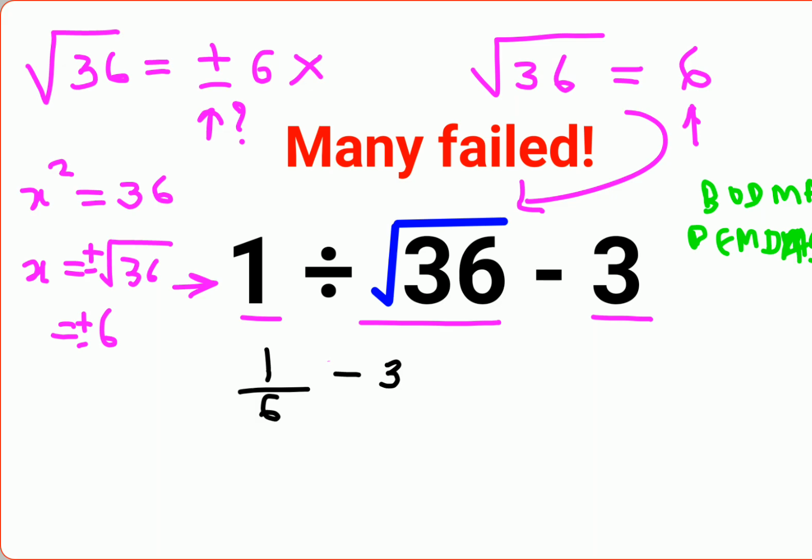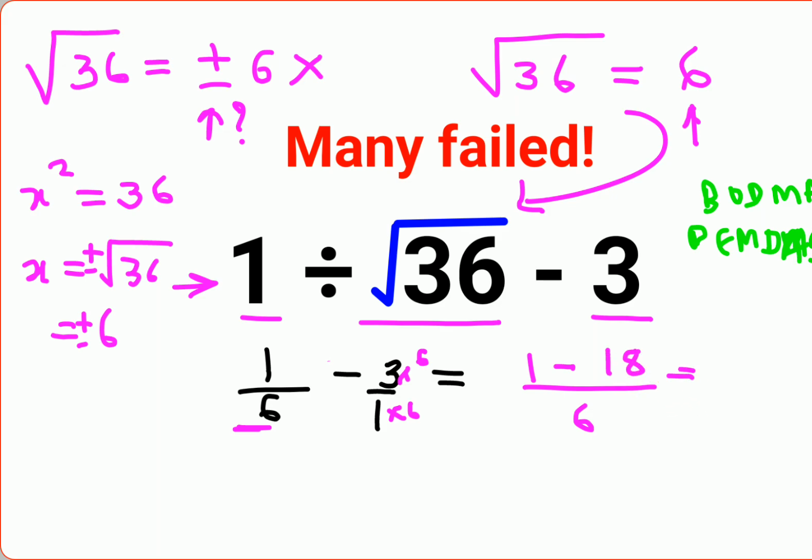Now when you have something like this, all you have to do is take the LCM. Since there is no denominator to 3, that means the denominator is 1. In order to take the LCM, we are trying to make the denominator 6 in both cases. So we will multiply the numerator and the denominator by 6. Since the 1 already has 6 as the denominator, 1 remains 1. Minus 3 into 6 gives you 18.